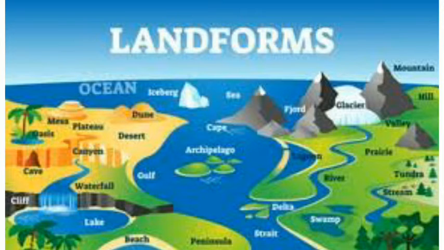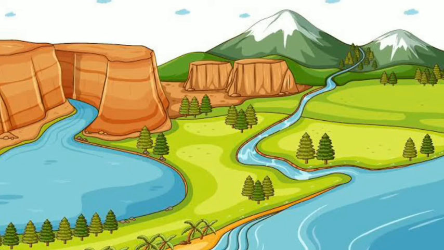Internal process. The earth's surface is made up of several huge plates called tectonic plates. The movement of the tectonic plates causes changes in the shape of land. There are continuous activities happening inside and outside the earth. These are known as the internal process. They cause the rising or sinking of the earth.